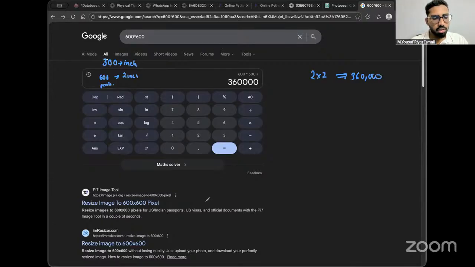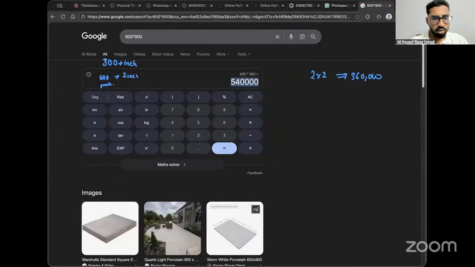And then when I change it to 2 by 3, it is 540,000. And this is where n is equal to, in 1 inch area it's 300, and then 4 inch area it's 1200. In my example, n is equal to 1200. Okay, so if n is equal to 1200,